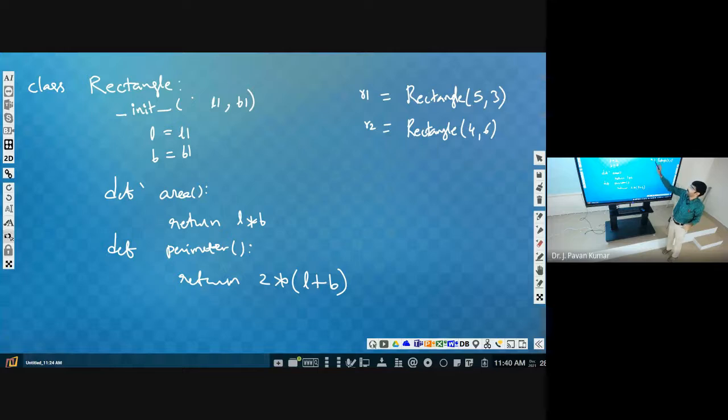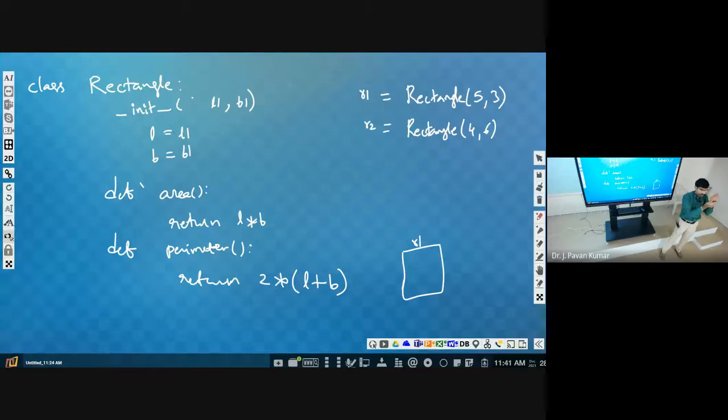R1 and R2 we are calling objects. Whenever we create an object, the object will be created in memory. What is the name of the object? R1. Inside R1 we will have L and B, because we have created the format, that is the class, and we are giving it some physical existence.